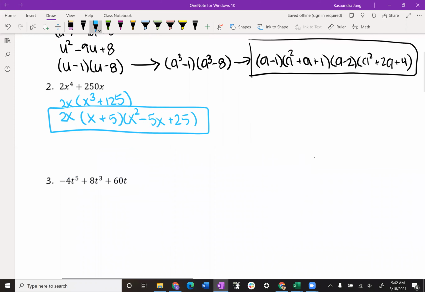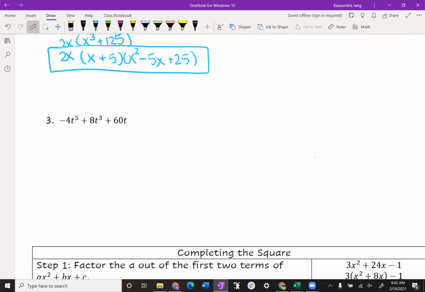Last one in this section. I still ask myself the question, is there a GCF or is there not? And I'm thinking, I see a t in everything, and I think I can also factor out my -4. So if I factor out -4t,